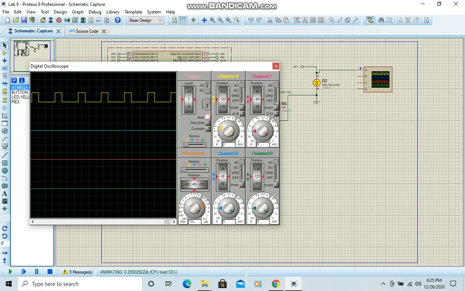As you can see, the wave is visible in the pulse modulation rate when the LED goes from decreasing to increasing. First the LED decreases, and then it starts increasing, and after it reaches 100%, it starts decreasing again. So this is the wave which is generated. It first decreases and then increases, and you can adjust it according to whatever you want. So this was all about Lab 9.